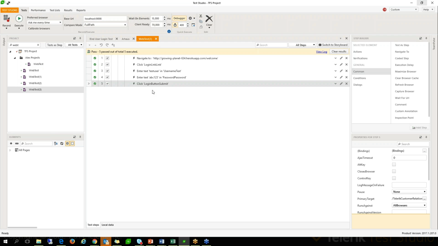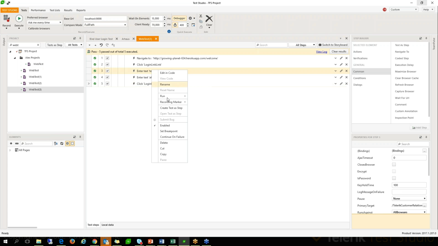Well, if you see what's happening, it's basically getting to the point where it clicks submit, but we don't really know if it's succeeding or not. Because a login test, it doesn't really matter what happens up to this point. It's what happens after this that's important. After we submit, did we get logged in? Did we succeed? So let's go back into the record mode here,